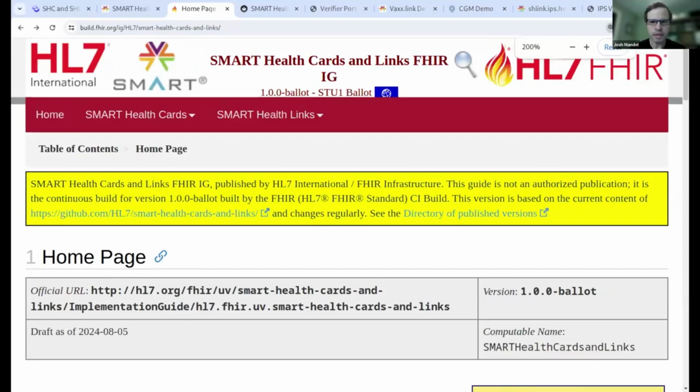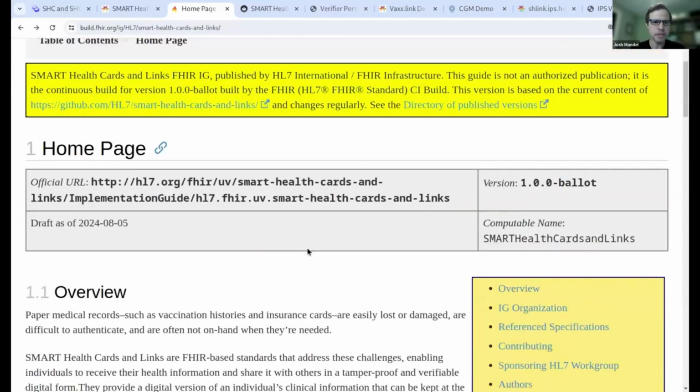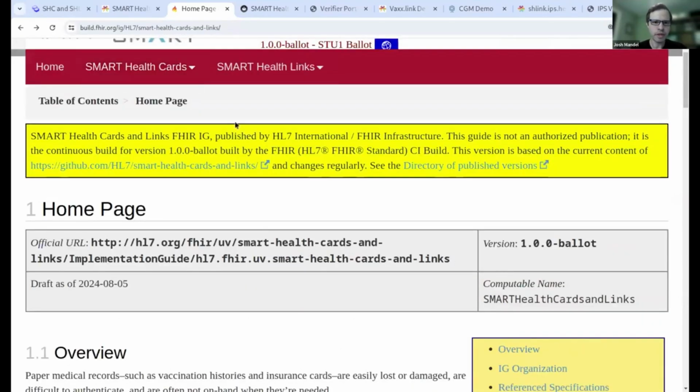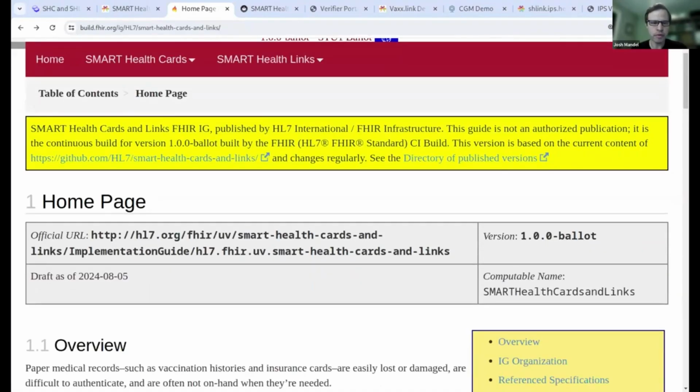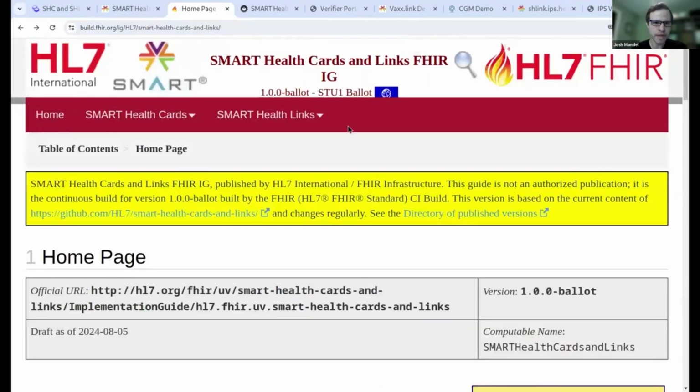I want to spend a bit more time on the technical specifications. And this is work in progress to bring together the specifications that were written across a couple of different communities and pull them together into a single HL7 balloted specification. So moving through the formal consensus process within HL7 so that we can get broader community review and adoption. So this draft specification is in the HL7 ballot process right now. It's open and available for comments.